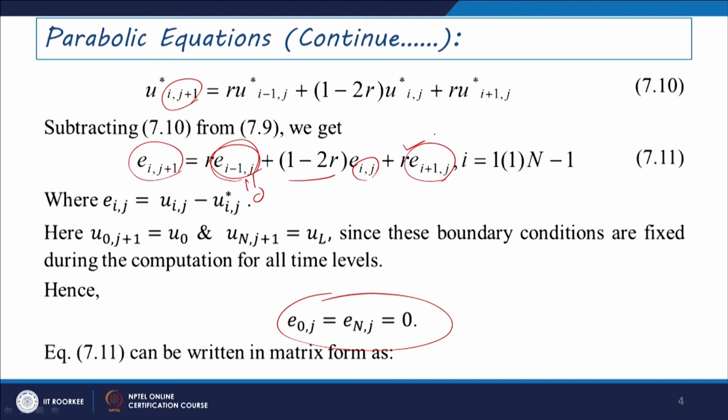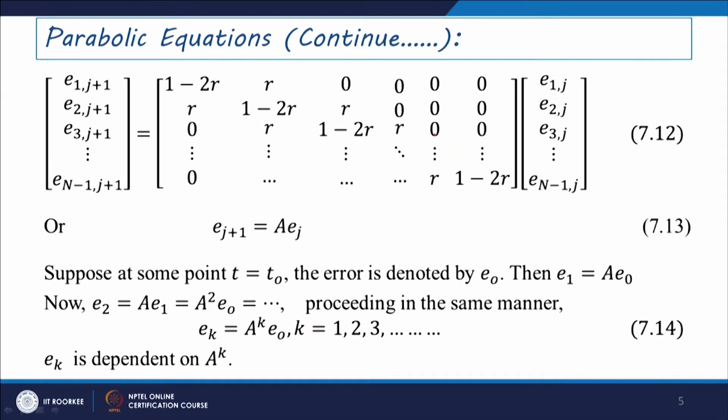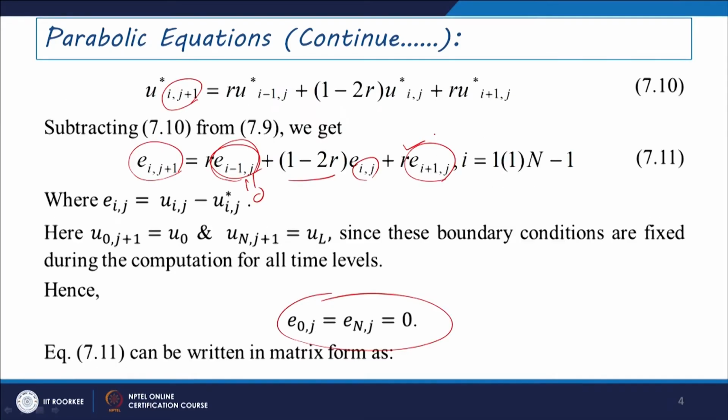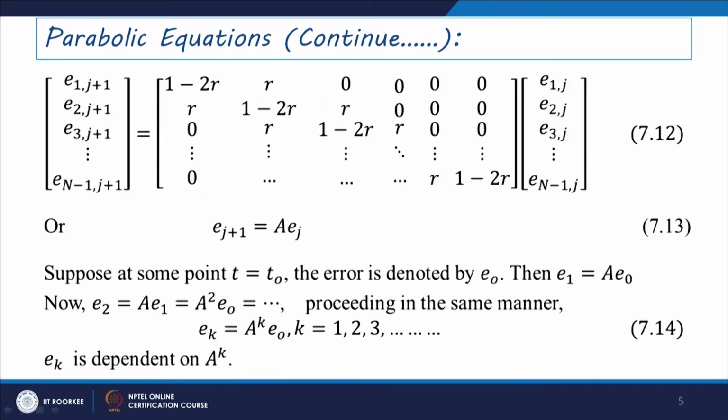So remaining after the boundary points, you will have 3 coefficients, that is r, 1 minus 2r and r. So it is just written in this form here. And your coefficients, if you just see, start at the first one, E1j, since E0j is always 0. That is why E1j is the starting value and the ending value will be E(n-1)j there itself. So in a matrix form, if you represent this one,